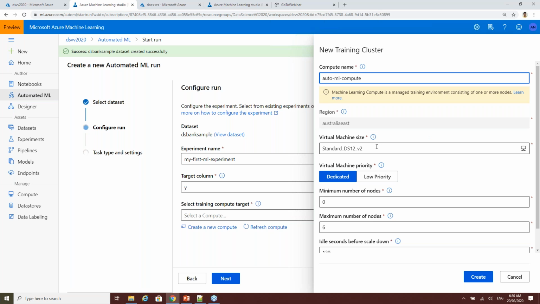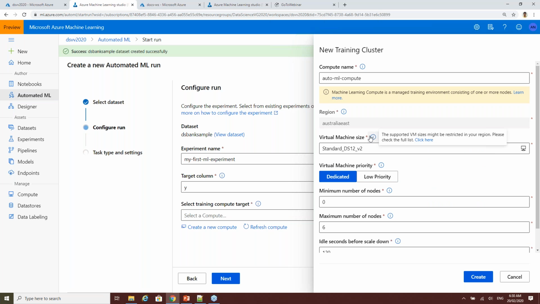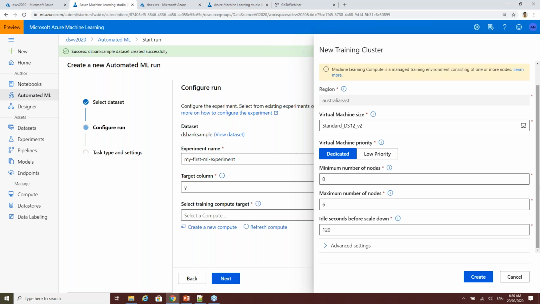Again, the region is Australia East. I will use this virtual machine size, but there is a full list of virtual machine sizes available here. I'll just quickly jump on there. Sorry, here. Okay, I'll come back to that because I think I have a link in the references section. So the priority is you can choose whether you need it as a dedicated virtual machine or you can use it as low priority. And again, this is all tied with the cost that we will be paying in terms of pricing.